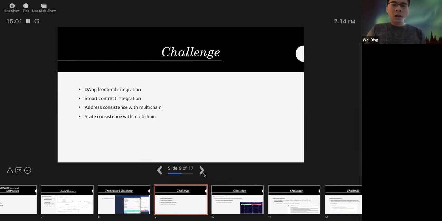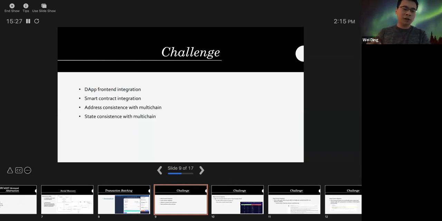With account abstraction, we can achieve many use cases, but for the smart contract wallet, it also has several challenges. The smart contract wallet could have problems when interacting with the app front end. And also some DeFi protocols block smart contract users at their protocol level.